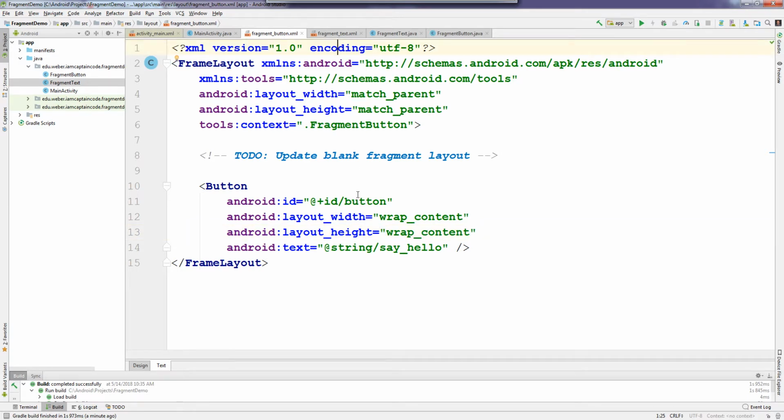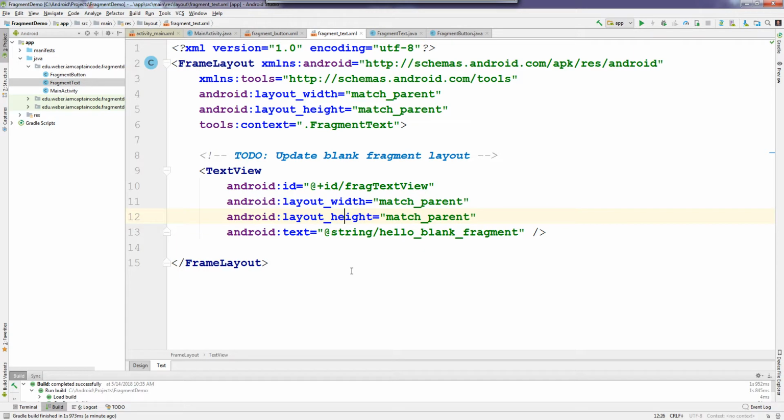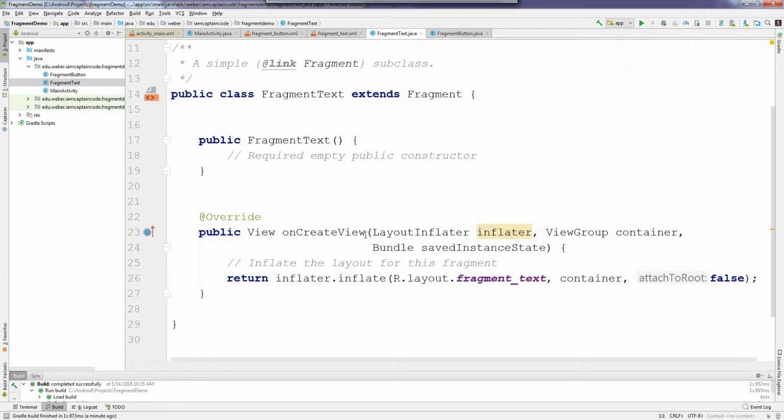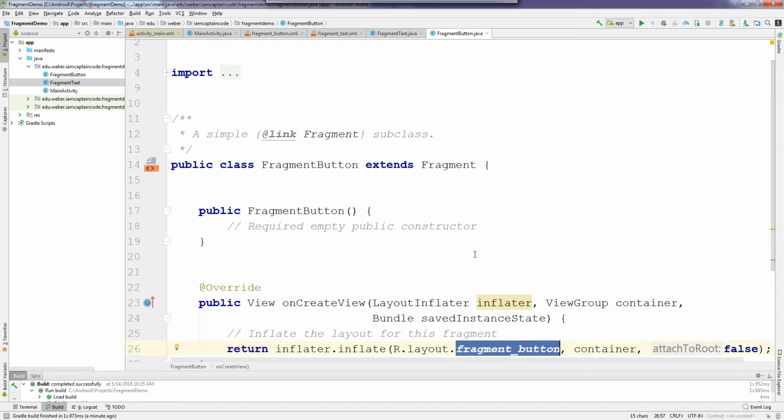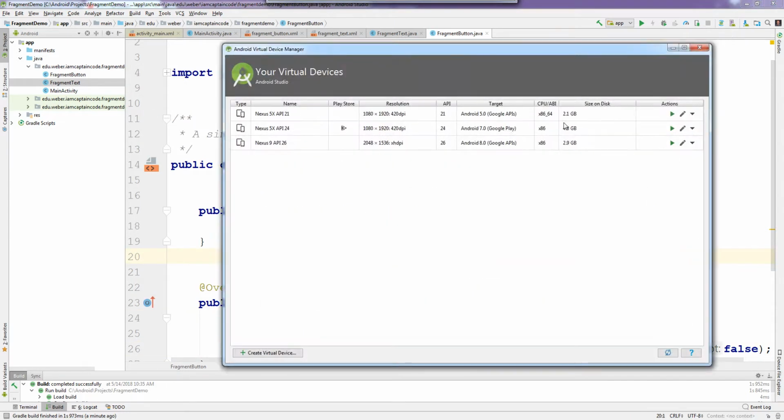So we have two fragments, one with a button, one with a text view. They don't really do anything other than right now our fragment, as part of its life cycle, will create a view, which is just our fragment text for the text view, or our fragment button XML file that we created for our fragment button. Otherwise, they're not going to do anything. Okay. So if we go ahead and we actually try to launch this now,